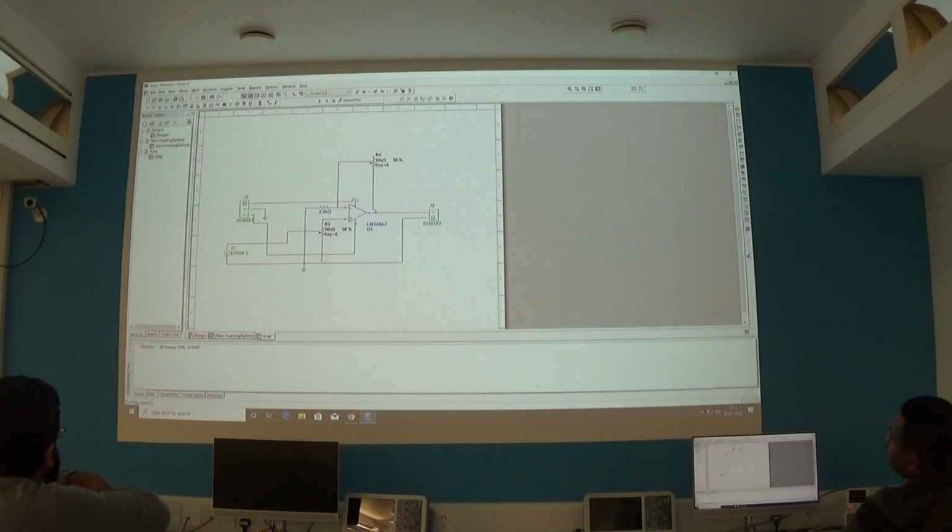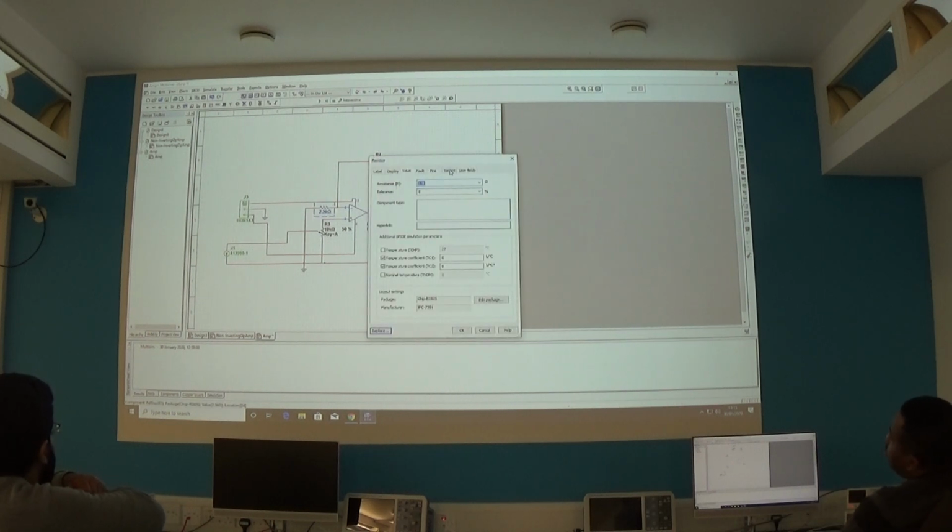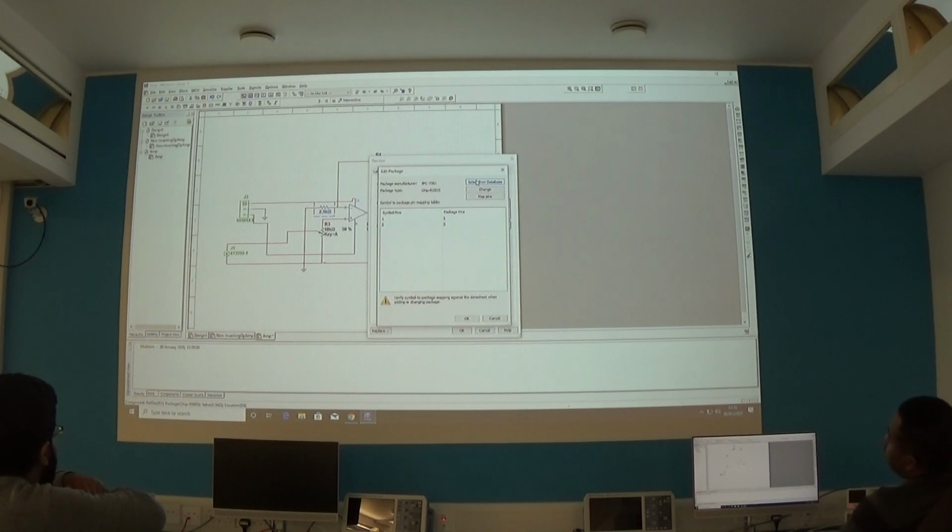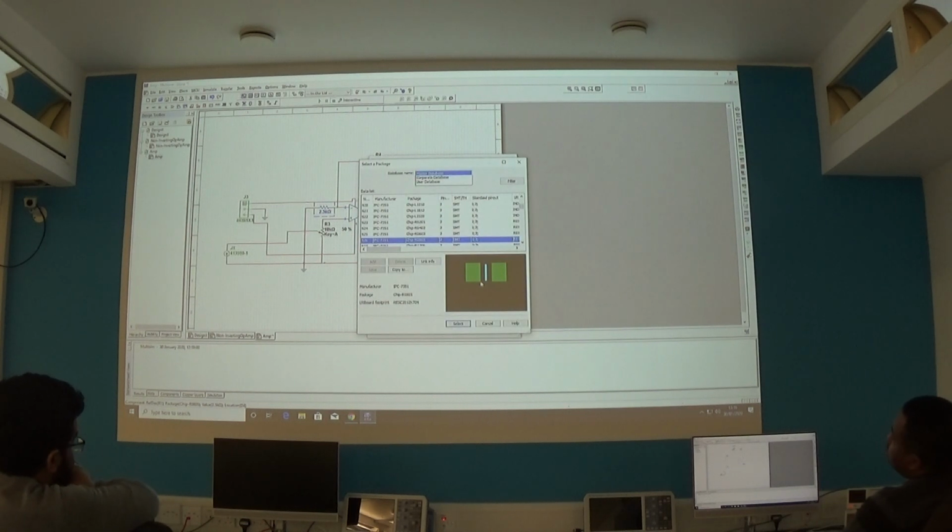Sometimes it turns blue. So if I have a look on this resistor, for example, double click it, go to value, click edit package, click select from database. It's only got 2 pins, this one. Select from database. I can see I've got a surface mount part there, SMT, and it's the size of an 0805. That's actually an industrial standard as to what size of that component you're going to buy,